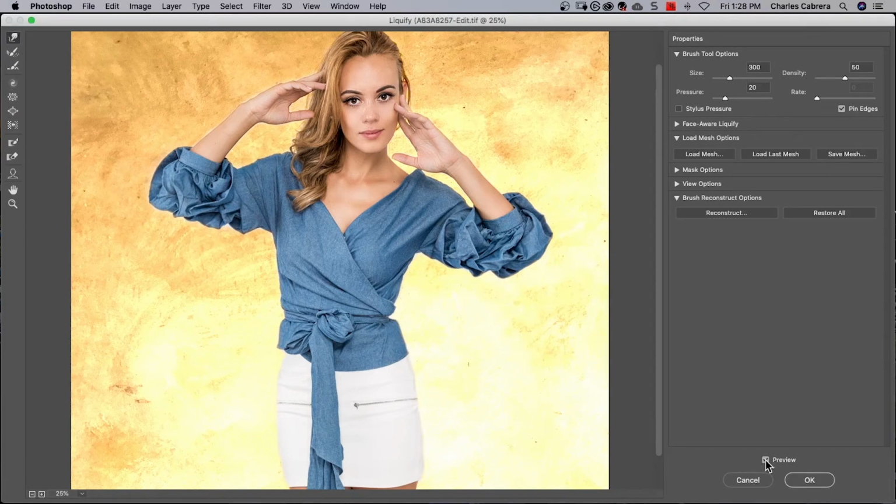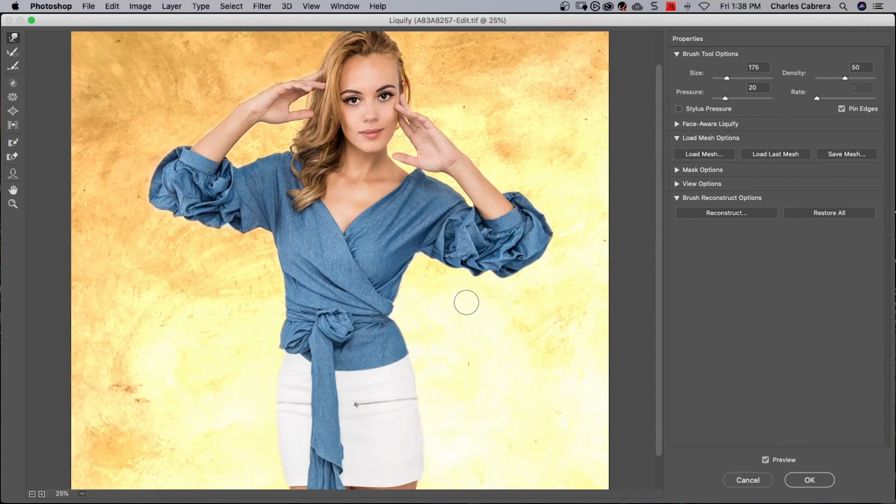Of course, you have your preview checkbox down here, the before and the after. And up here you have the reconstruct tool. Now what that will help you do is if you want just one section that you want to bring back. So you can see I'm painting right here, and that's bringing back that area that I had once pushed up. I'm going to say Command Z and undo that. And if you have a larger area that you want to work on, you want a smooth transition, use a larger brush. So you can see I'm pulling that area in, and I'll do a little bit on this side.